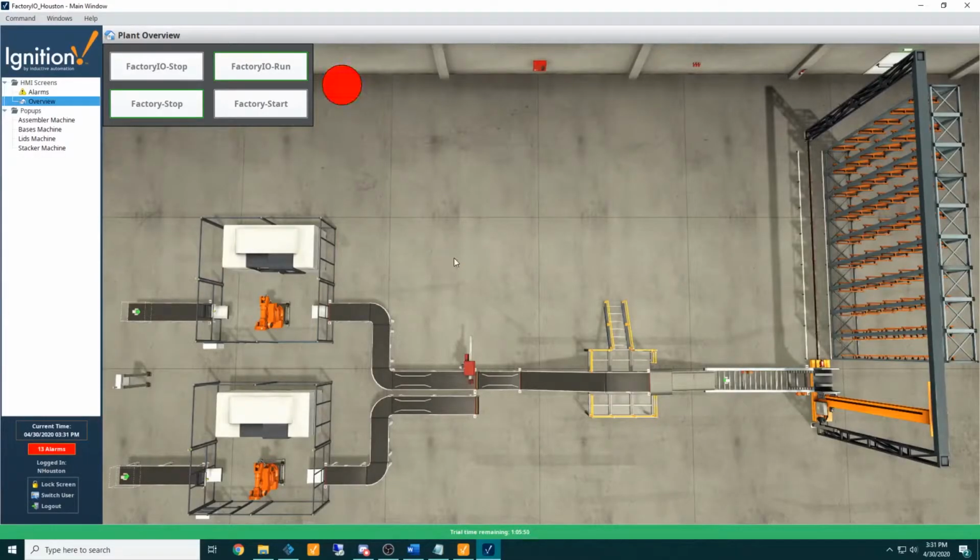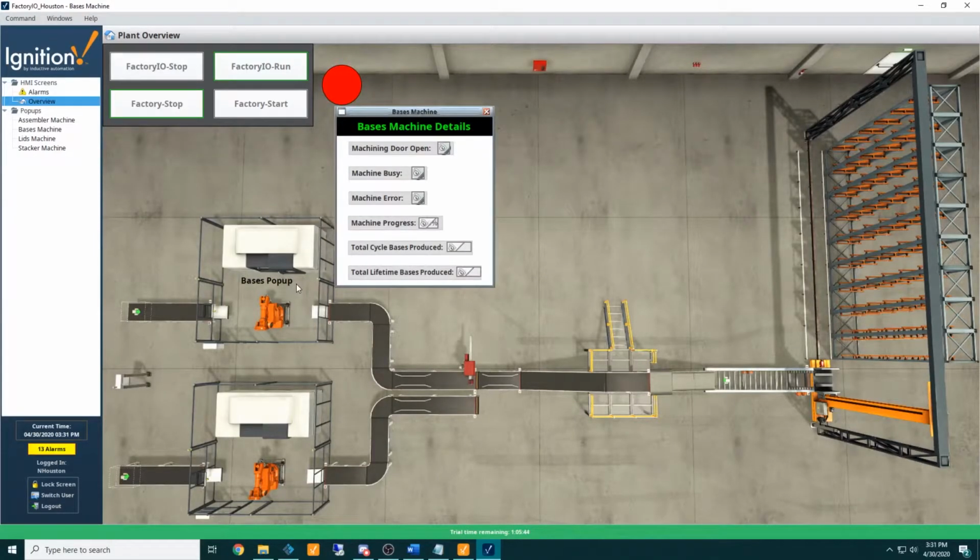The HMI will have an overview of the entire plant and will show which machines are on. Each machine will be able to be clicked upon, and a pop-up with detailed information will show. Both machining centers have the same information, such as machining door open, machine busy, machine error, machine progress, and that's the progress it is in when the door is shut,